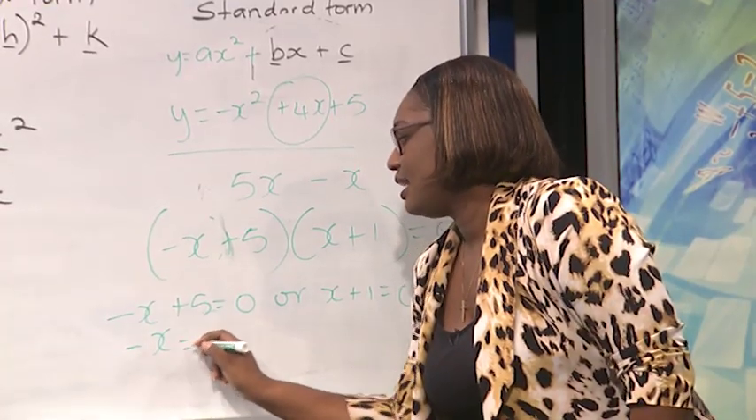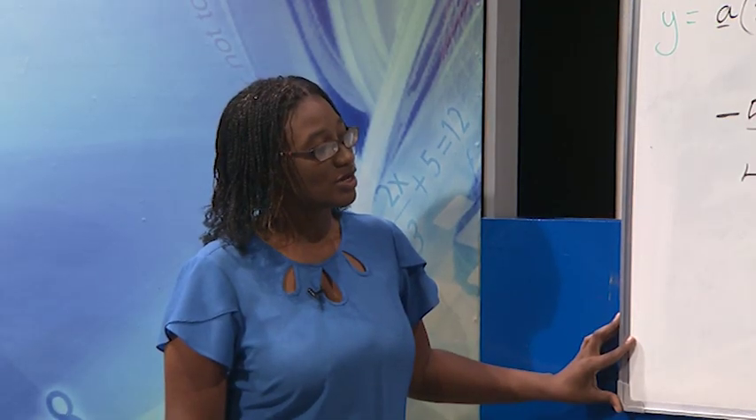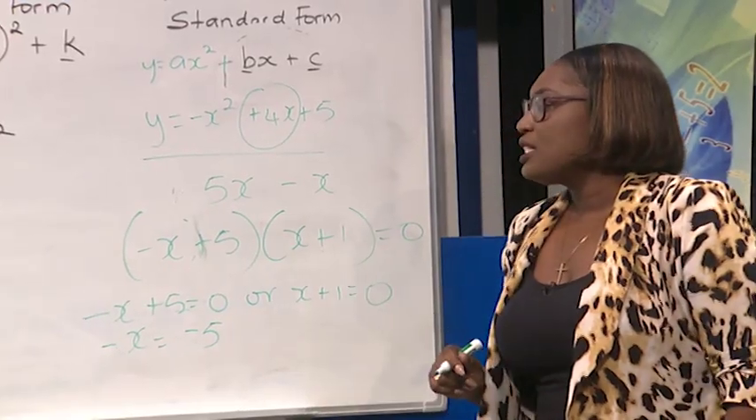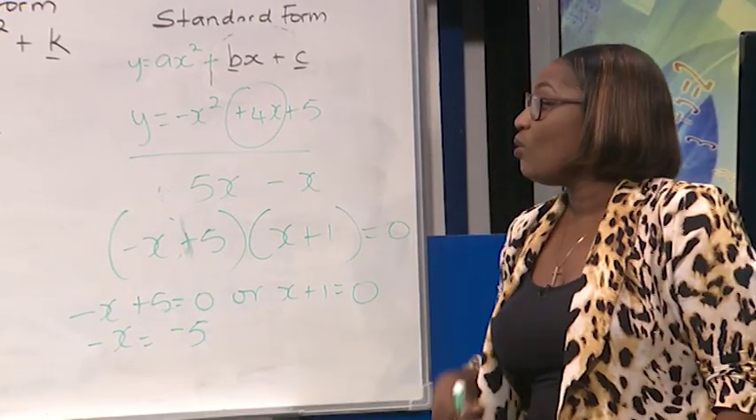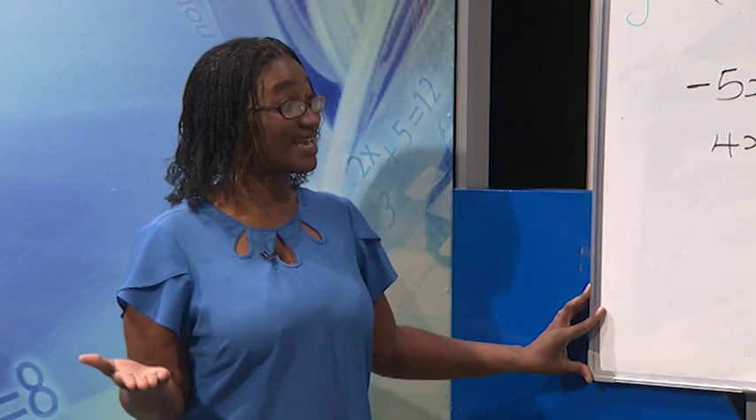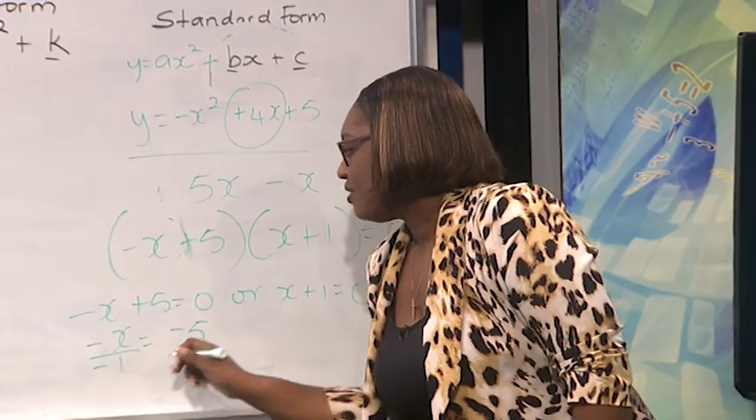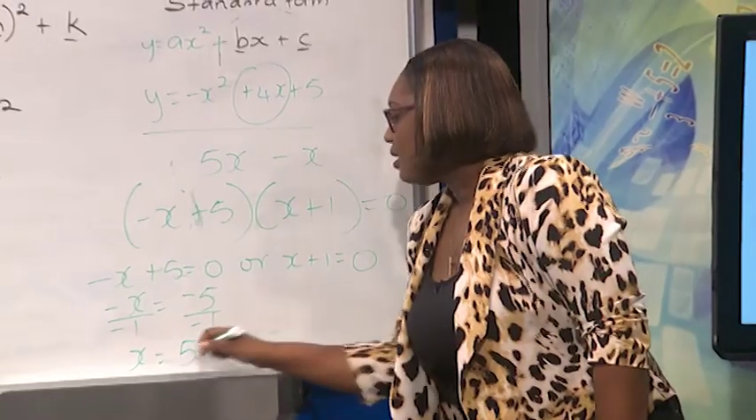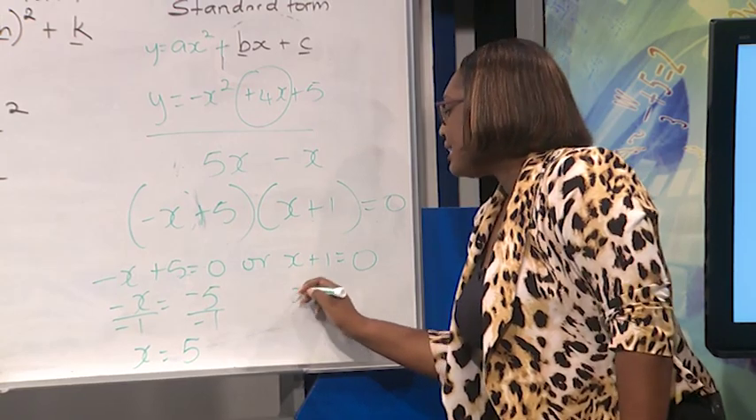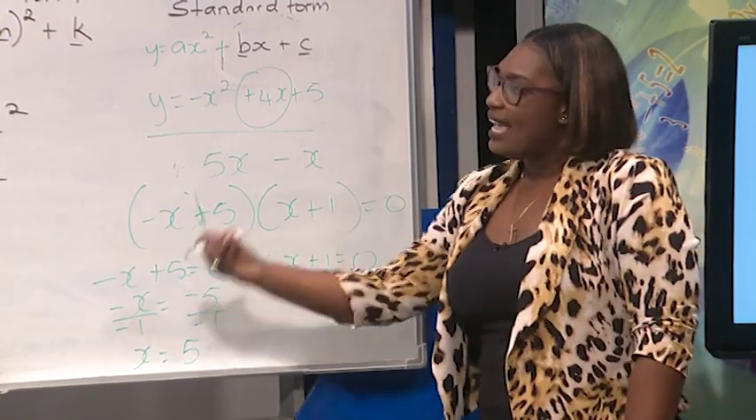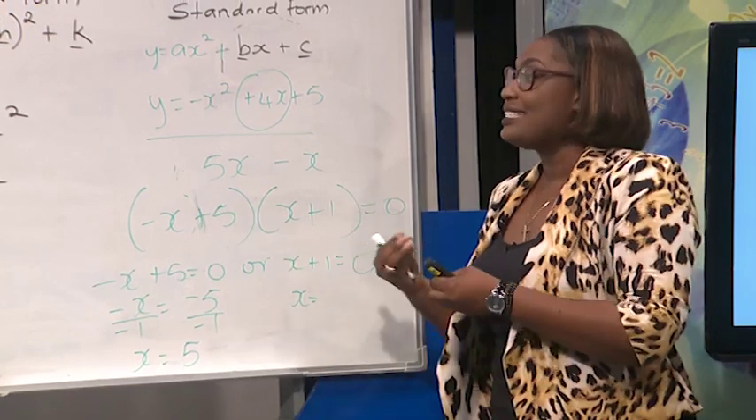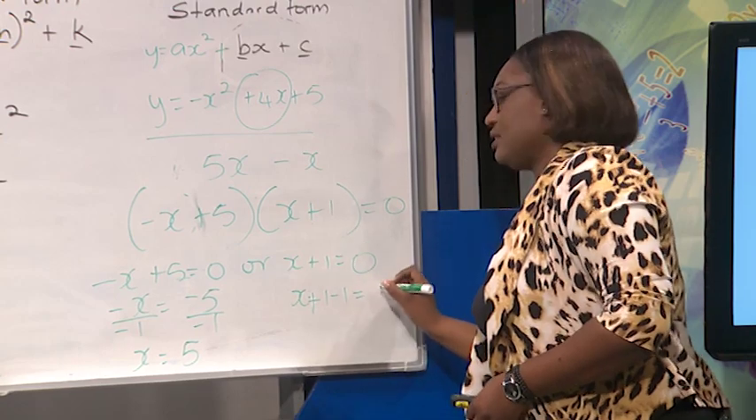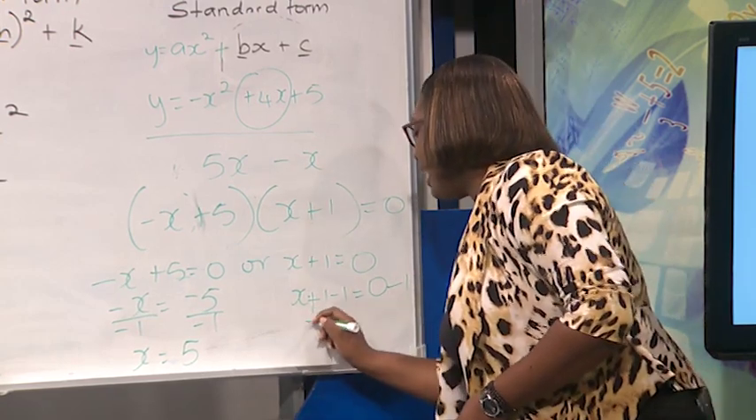So negative x is equal to negative 5. We subtracted 5 from both sides. Now we're multiplying x by negative 1. What's the inverse of doing that, to find x by itself? We divide by negative 1. So x is equal to 5, or x is equal to, since we're adding 1 to x, we do the inverse to get x by itself, which is to subtract 1 from both sides. So x is equal to